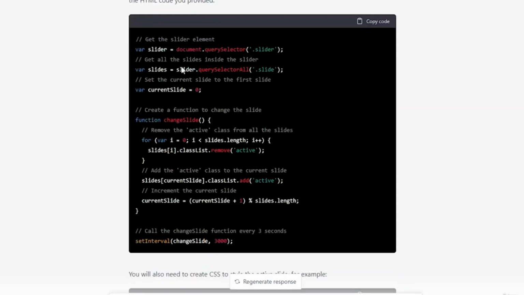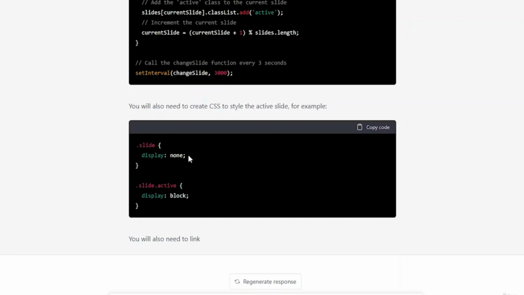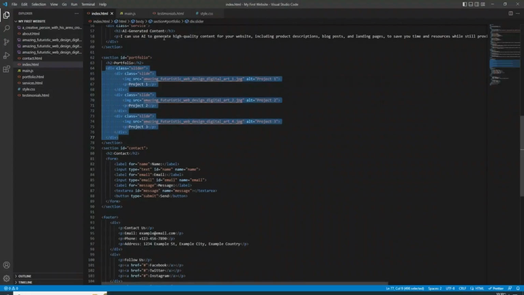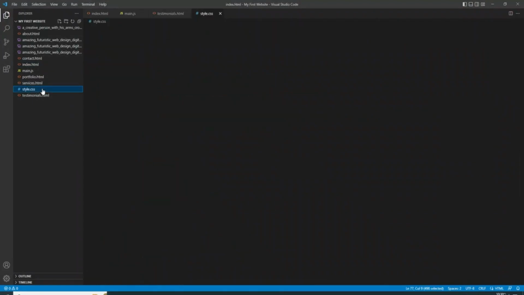Alright, so there is this JavaScript code and also some CSS code, and it looks like right here it wants to tell us that we need to link this to our HTML code, but we already did that, so I'm going to guess that it's not going to give us any more important information below this. So let's just first copy the CSS code, and let's go to Visual Studio, let's go to our CSS file,